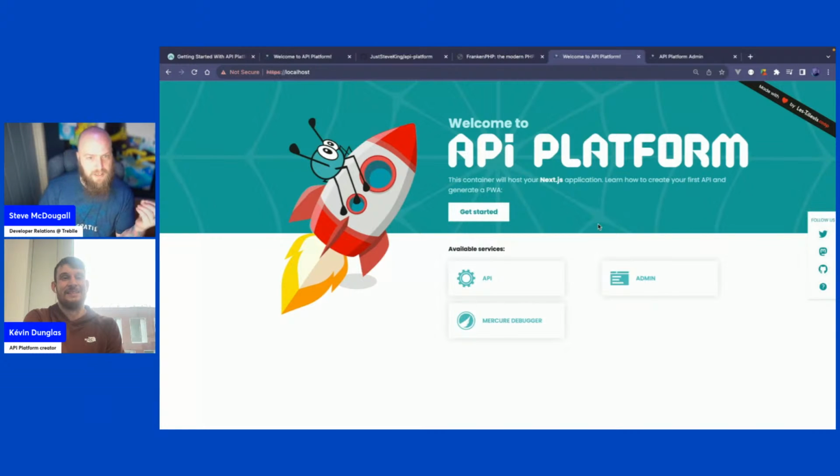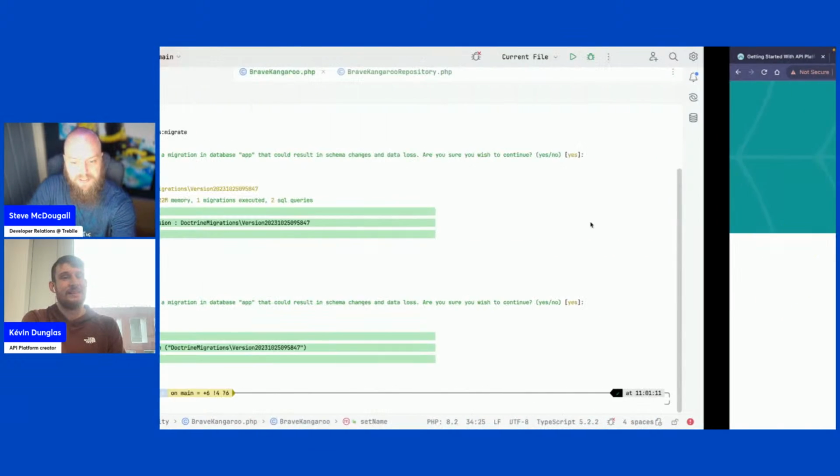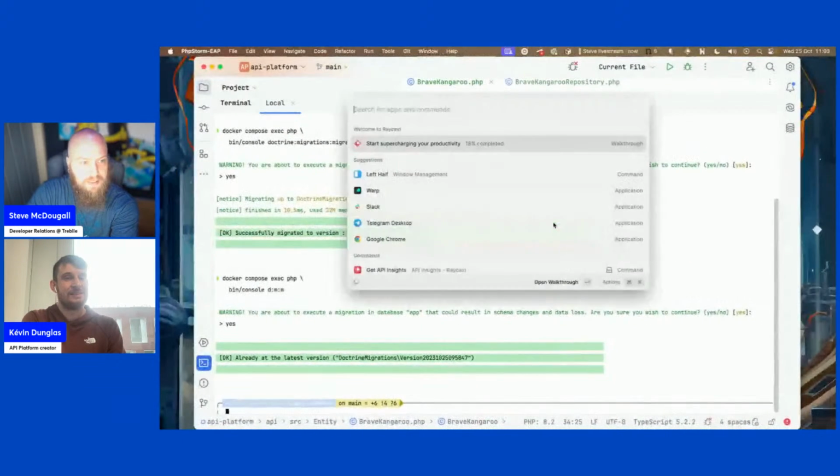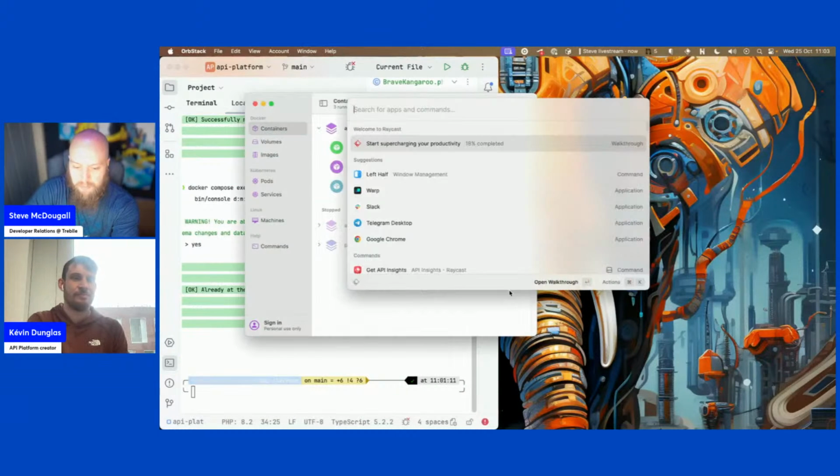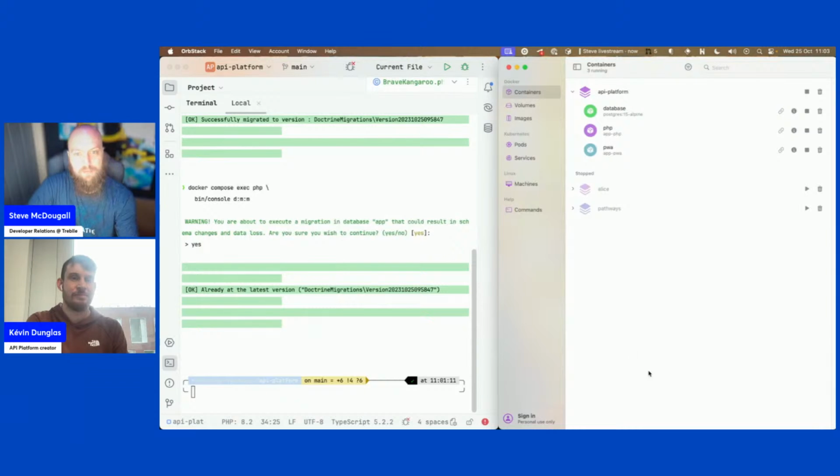There's very little code you need to write as well. A lot of it can be done from the command line. You can scaffold an API. I could have this, let's just drop that full screen and stick it on the left. I could have that there and we'll put that on the right. If this was my OpenAPI spec, I could have a CLI open here, add the parameters, create that basic CRUD, go back in and fine tune where needed. And I'd be done in half the time of what I'd usually be done in.